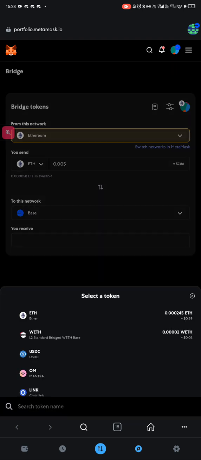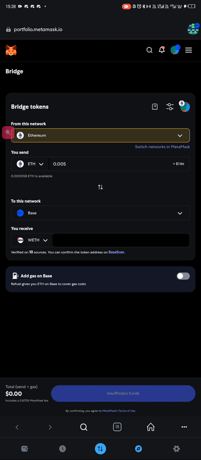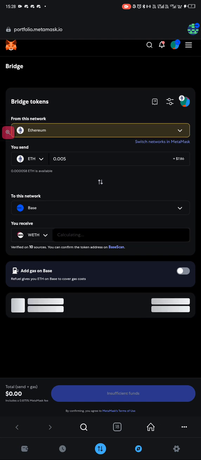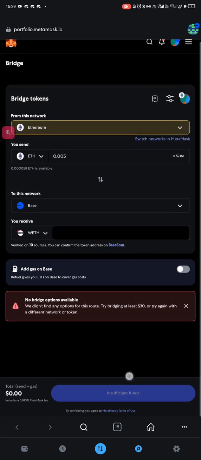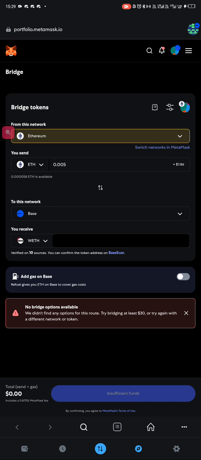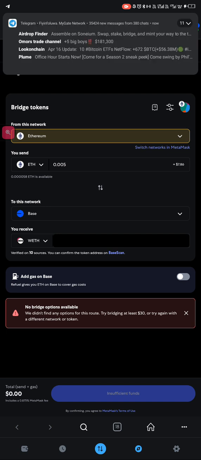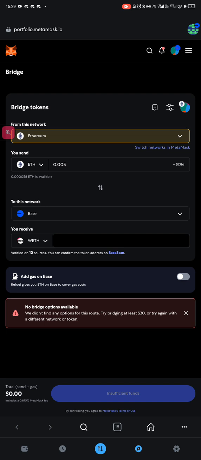After that, instead of insufficient funds showing here, it will bring approve. And the reason why it's showing insufficient funds is that I don't have enough Ethereum on my Ethereum network. You get, so that's why it's showing that. But immediately, let's say for example now you have enough funds, it will just bring approve, and then you proceed, you confirm your transaction with fingerprints, and that will be all. And basically it takes about 10 seconds for this kind of transaction,